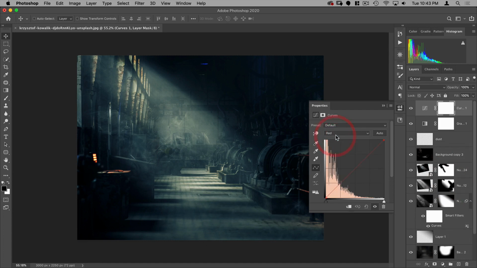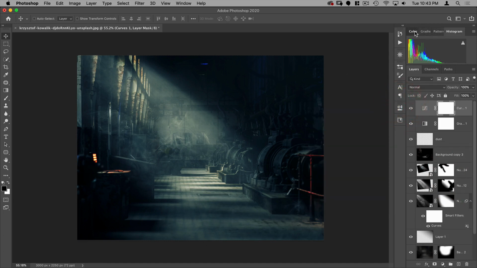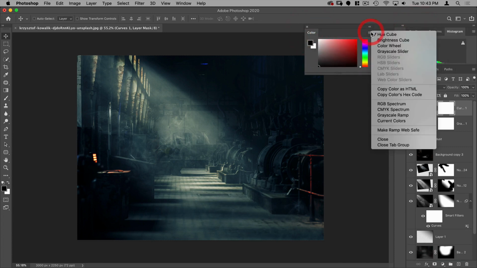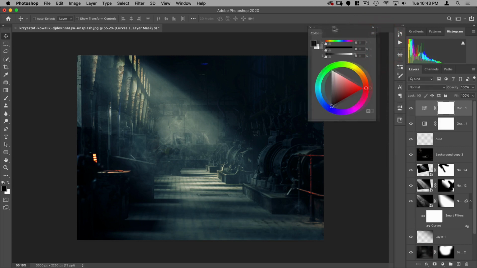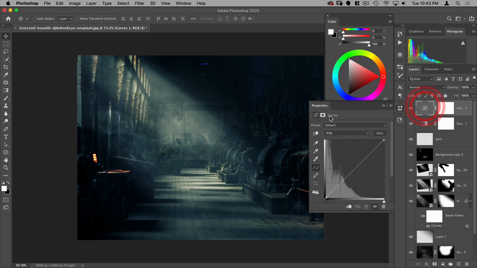All right, next I'm going to push it further with a bit of a curve. So in my curve, I'm going to go to red. And again, we can open our color wheel here. If you're not that familiar with color mixing, this will give you a good hint of what you want to do with your curve. So if I open my curve up, if I want this to be more cyan, well, the opposite of cyan is red. So if I go to my red and pull that down, it's going to add cyan to the scene. I don't want it to do it to the highlight, so I can push this back up like so. And then I can also do in the blue, I can raise the bottom and then push down the top, just like that. And that's going to make this a warmer color and this a cooler color.